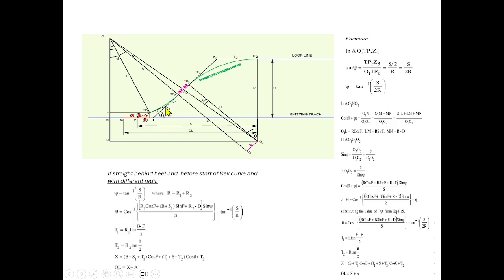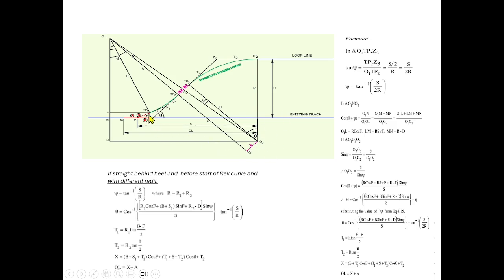First, we take this triangle, b plus t1 cos f, and second triangle, t1 plus s plus t2 cos theta. Up to this we are coming. Then plus t2 will be your total distance x. Once you know x, you can find the overall length, which is equal to x plus a. That's all. This is about this connection, and this is the general form of the equation, and we can suitably alter